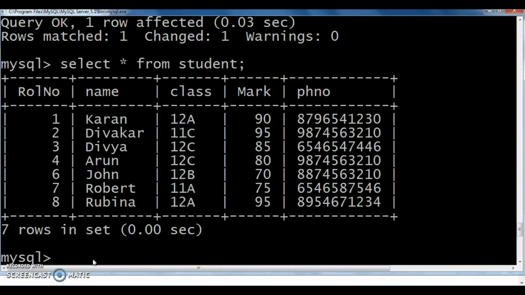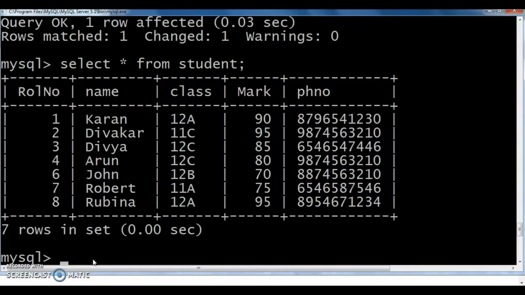Clear? Then the next one is deleting data from tables. Deleting means we have to remove some data from the table. What is the syntax of this delete query? The syntax is delete from table name.